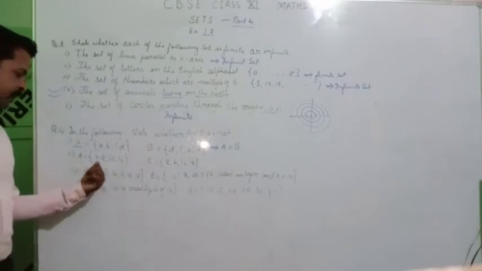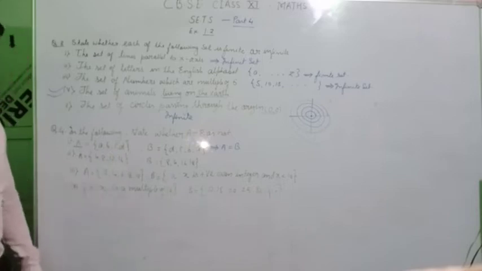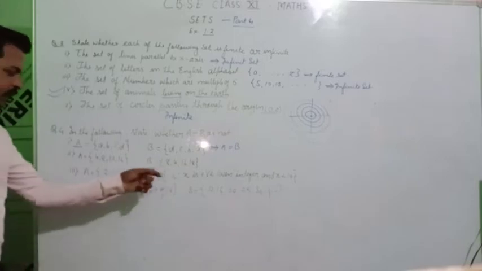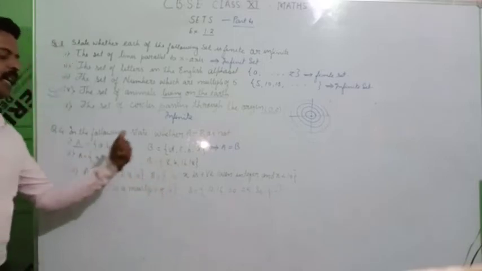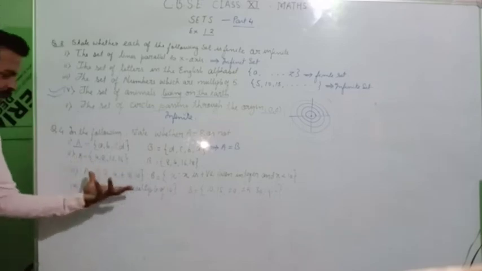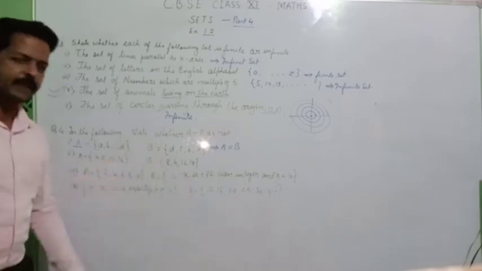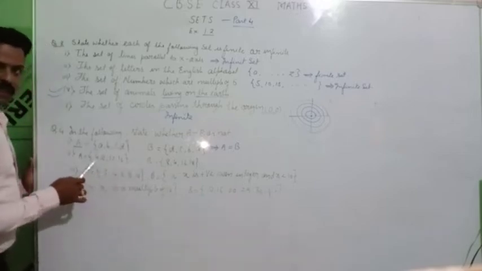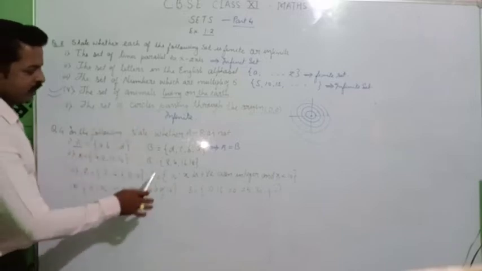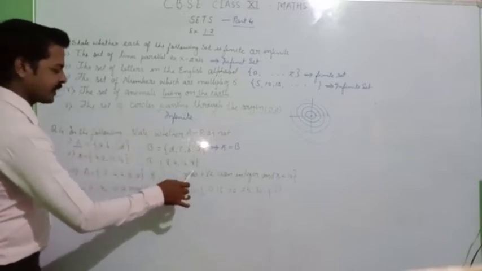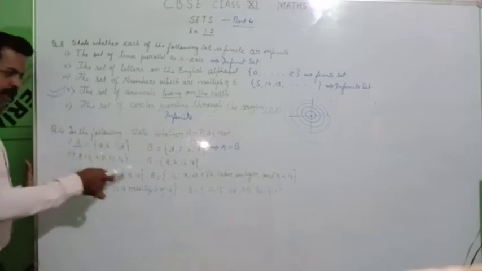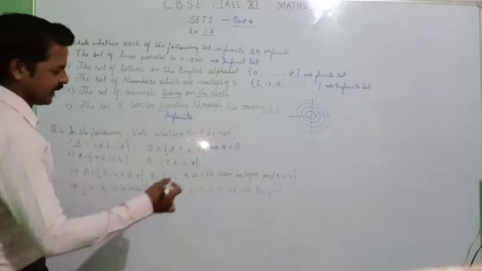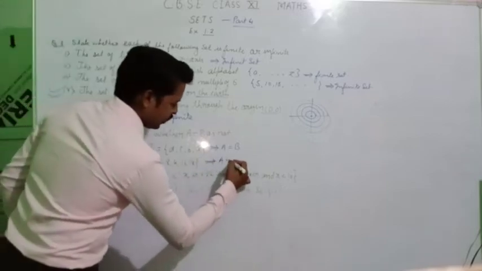Here A has elements 4, 8, 12, 16. B also has 4, 8, 16, 18. But this set B does not have 12 as an element. देखो A के अंदर 4 एलिमेंट है, B के अंदर भी 4 एलिमेंट है, बट एलिमेंट सेम होना चाहिए. आप ध्यान से देखेंगे A में 4 है, 8 है, 12 है, 16 है. B में 4 है, 8 है, 16 है, 18 एक्स्ट्रा एलिमेंट है और A का 12 इसमें नहीं है. सो A और B दोनों इक्वल सेट नहीं होंगे. सो वी विल राइट लाइक दिस, A not equal to B.